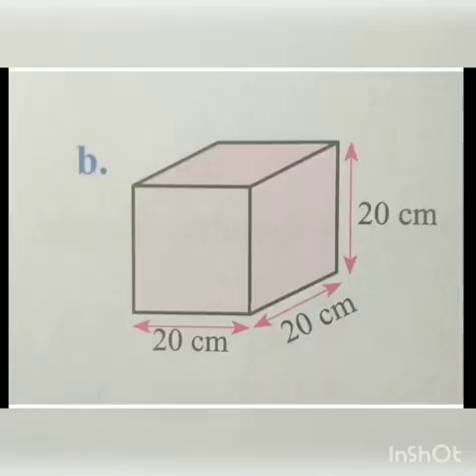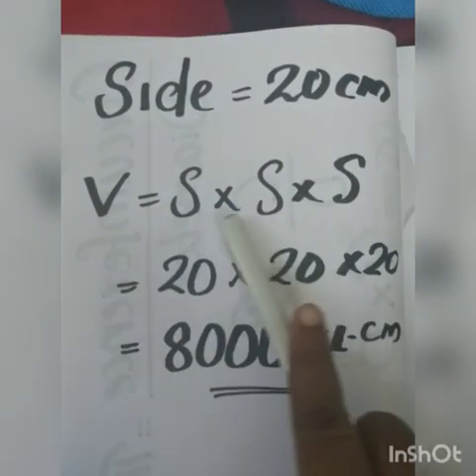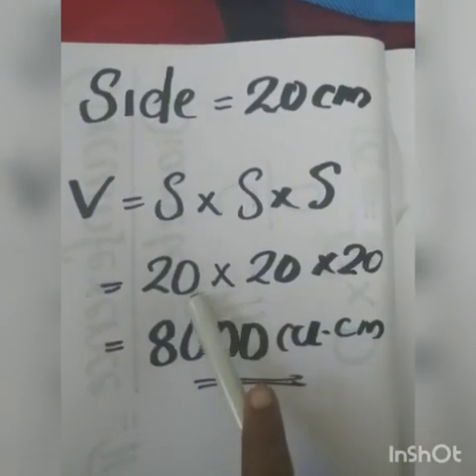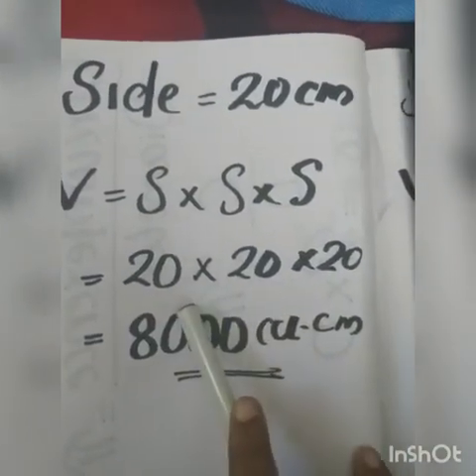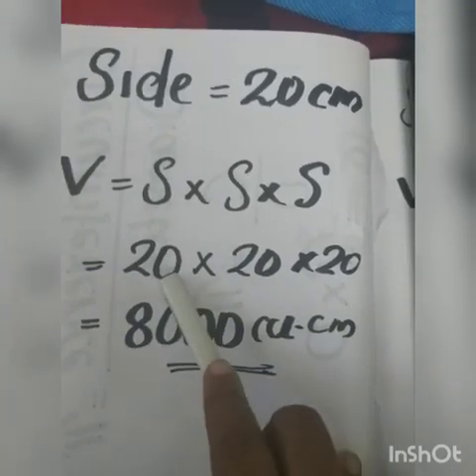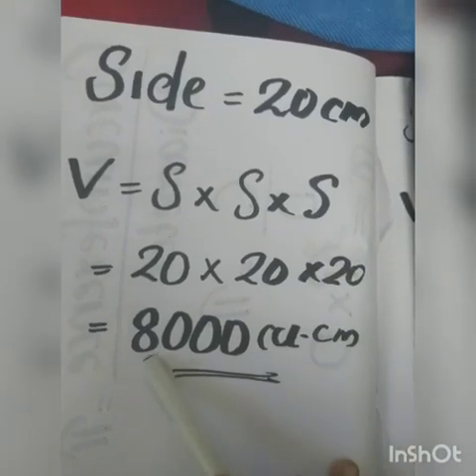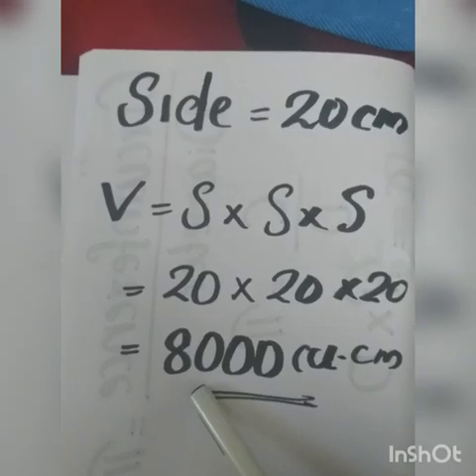Last question. Here we have a cube of side 20 centimeters. So all the sides are 20 centimeters. So what is the volume? Side into side into side. Given side equal to 20 centimeter. So volume is side into side into side. What is side? 20. So 20 into 20 into 20. Here we can multiply in an easy order. See, 2 into 2 is 4. 4 into 2, 8. So first I wrote 8. Then how many zeros? Here 1 zero, here 1 zero, here 1 zero. So 3 zeros. So what is the answer? 8000 cubic centimeter is the volume.